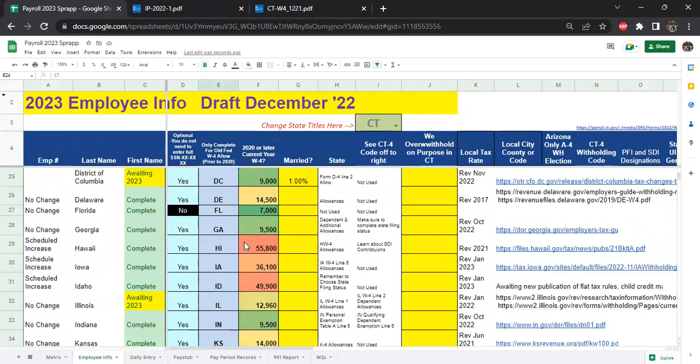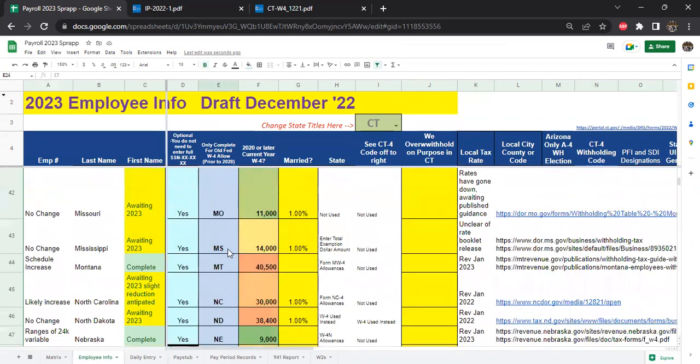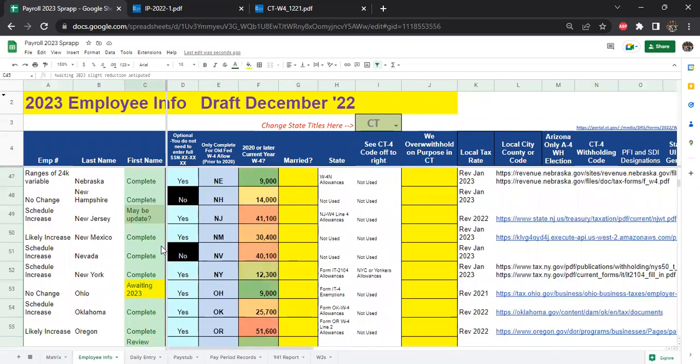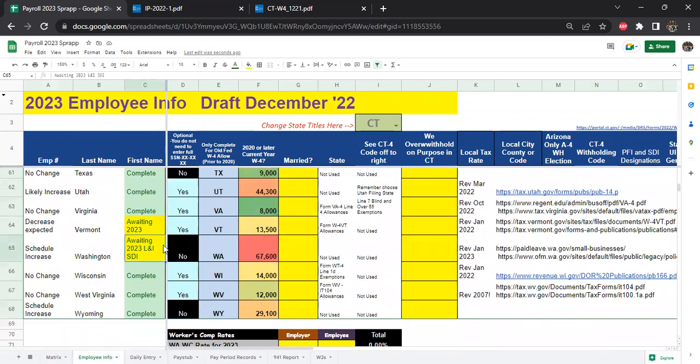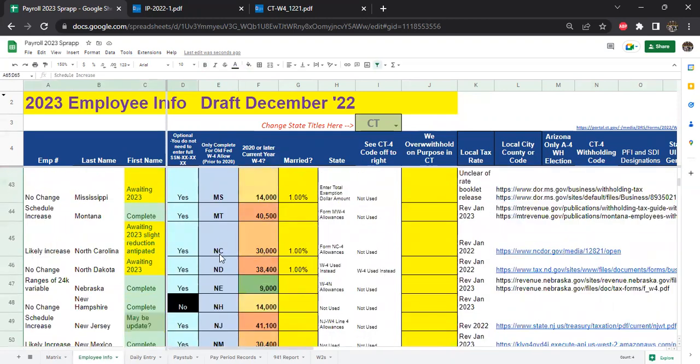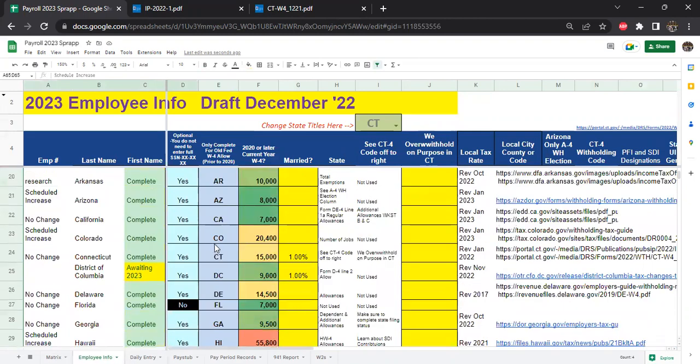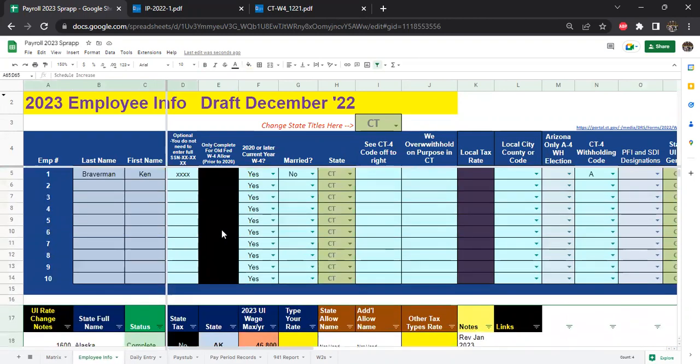So Connecticut is done. The rest of these ones we're basically still waiting. We're going to be about ready. We'll update Washington State with all their sub taxes. They don't have any state withholding, but they got a bunch of other ones. But other than that, this is looking very good. So we're waiting here on December 12th, and hopefully we'll be able to get a publication 15 out there soon so that we can get the entire federal updated and have this thing rolling so you can do payroll for